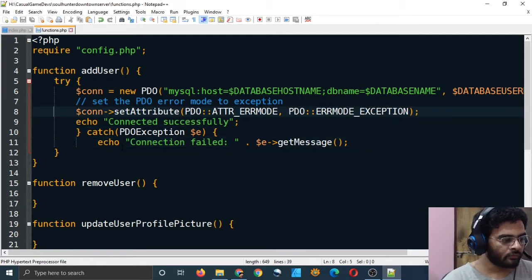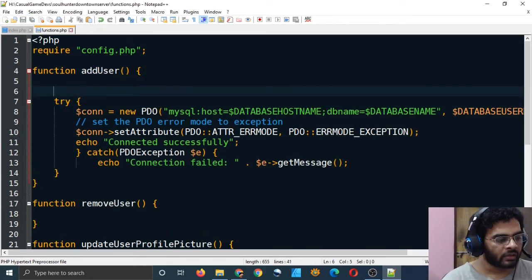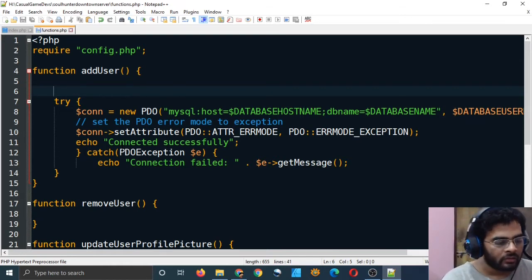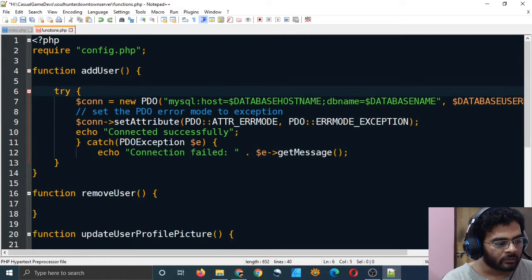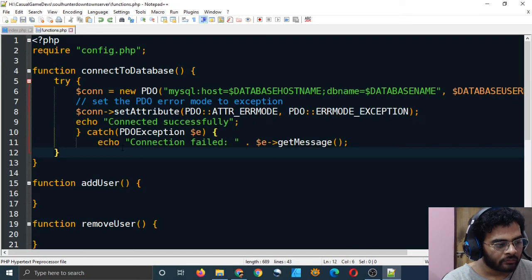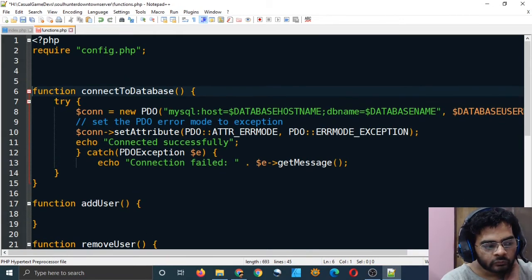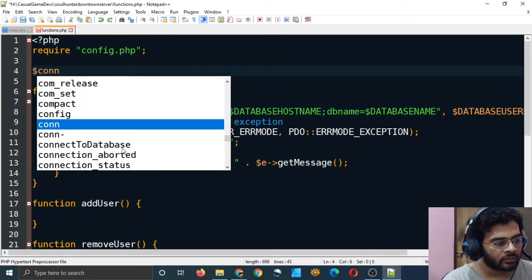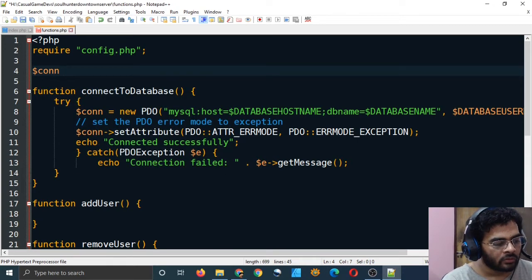That's how we should do it. Or you can make a global variable and open a connection in it. You can do that, but let's not do it this way, because then it will be hard to debug anything. You can make a class, but I don't think we should really do that.